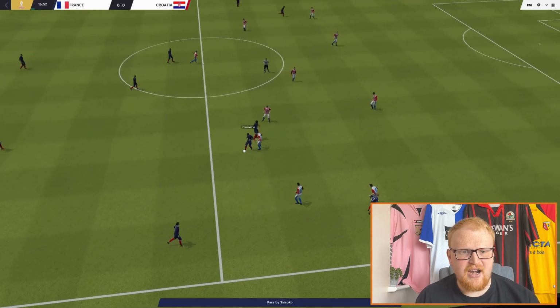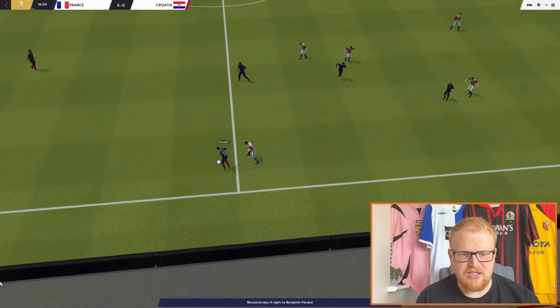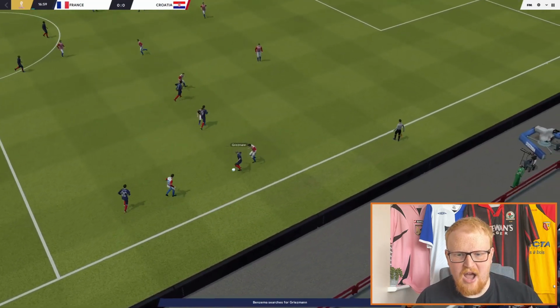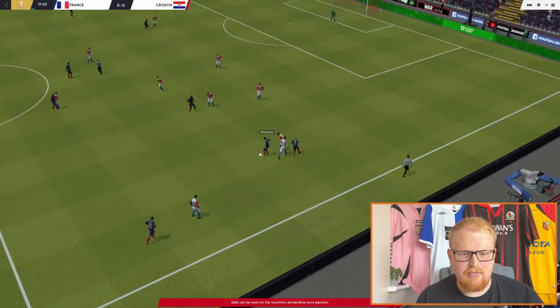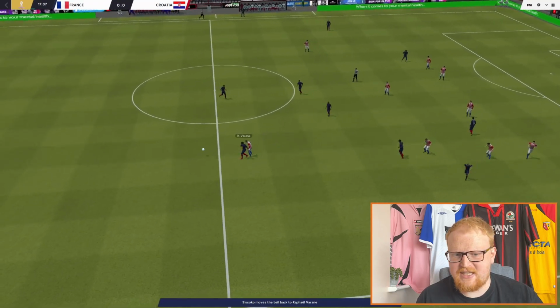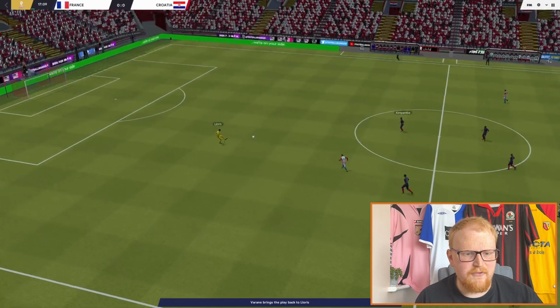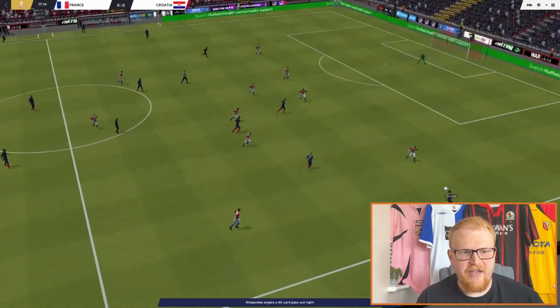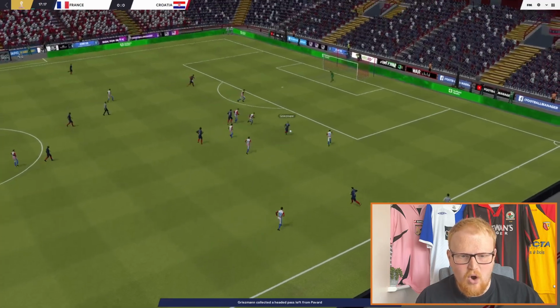And we've got France advancing down this near side. Benzema to Pavard. We're watching it live now. We're not watching the highlights. Benzema out to Griezmann. 17 minutes gone. This is around about the time that Griezmann scored in 2018. Can deja vu strike once again? Obviously, that one finished 4-2 in favour of the French side. What is going to happen today?